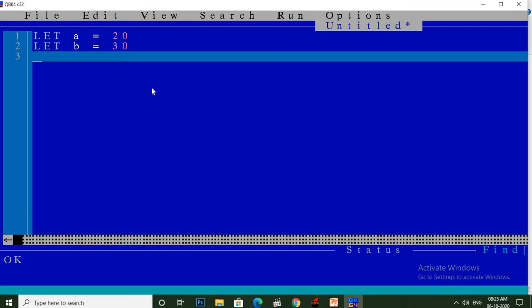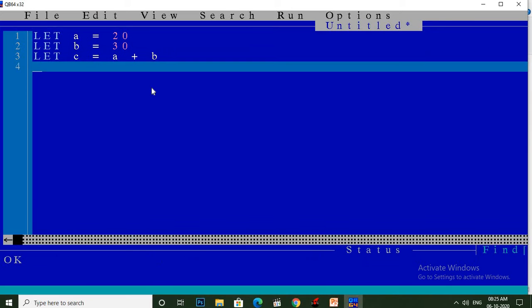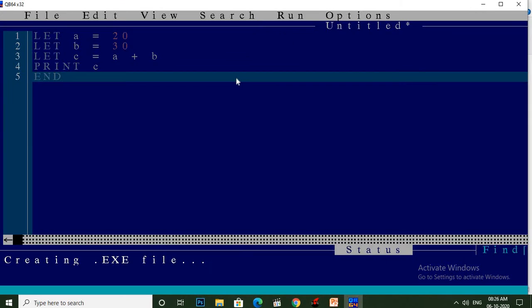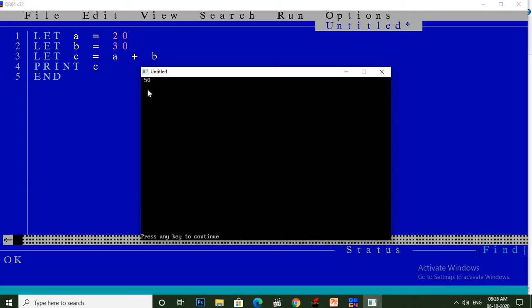Now suppose I want the sum of these two variables, so I take one variable, c equal to a plus b, and print c, and for ending a program you can use END. Now run, start. So you can see here our output is 50, because a equal to 20 and b equal to 30. 20 plus 30 is 50.